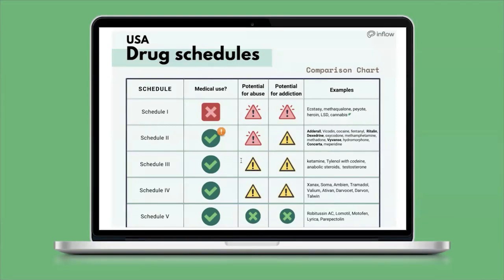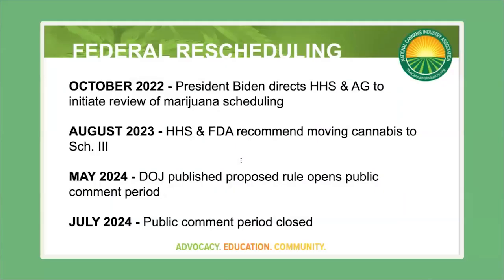Cannabis has now been approved by the Department of Health and Human Services, HHS, the FDA, the USDA, the DEA, and the DOJ. The final hearings are on December 2nd, and cannabis is moving to Schedule 3. Now it's not anymore an illegal hardcore drug. It is medicine, just like ketamine is, just like Tylenol with codeine, steroids, testosterone. You go get those steroid shots for your muscles. Those are all medicines. They're regulated, but they're legal. And so that's going to be huge news. It's going to double the size of this industry in the next couple of years.